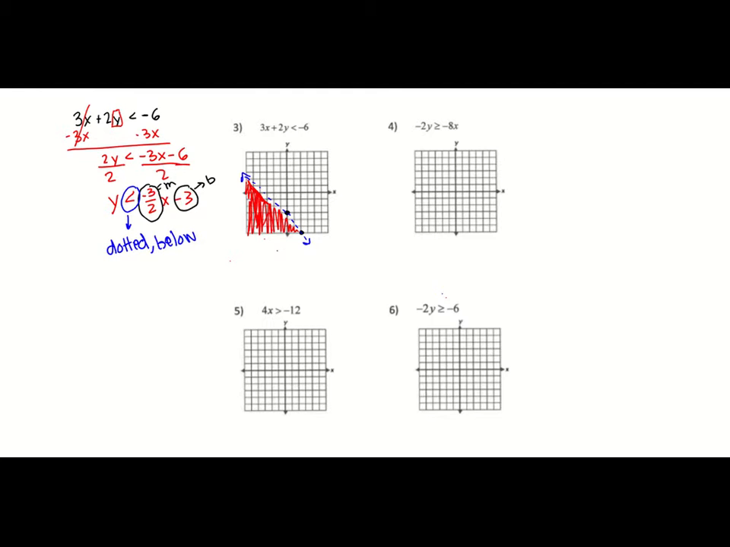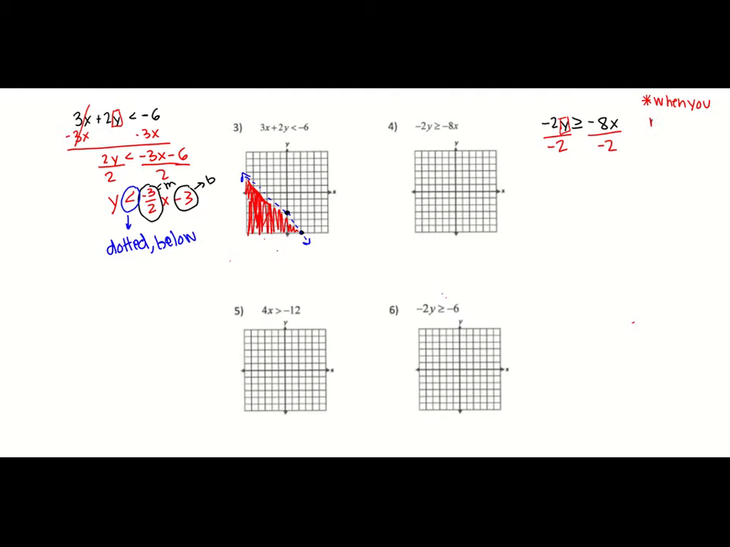Okay, let's look at number 4. Again, number 4, it is not in slope-intercept form. Y is not by itself. So I need to first get y by itself. In order to get y by itself, I'm going to divide by a negative 2 on both sides. Now remember, when we divide by a negative number,